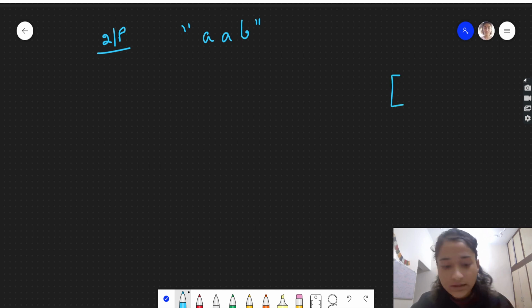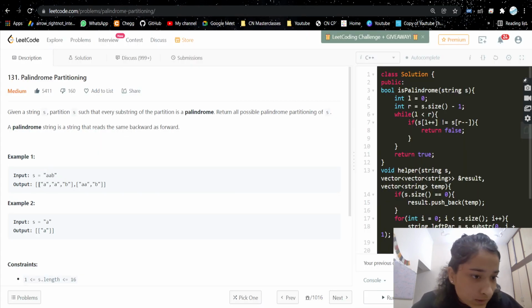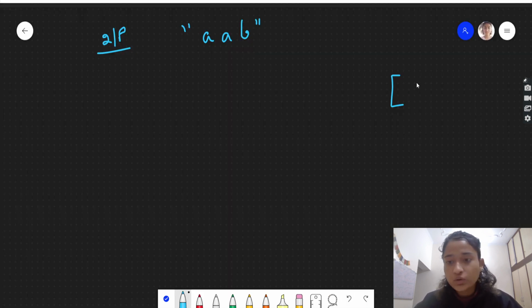If you see it closely, the output is an array, and in that array we have again arrays in which there are different substrings of that string S. So this is the main array, and these are the smaller arrays which are the different answers.